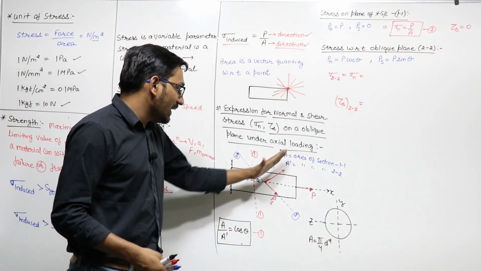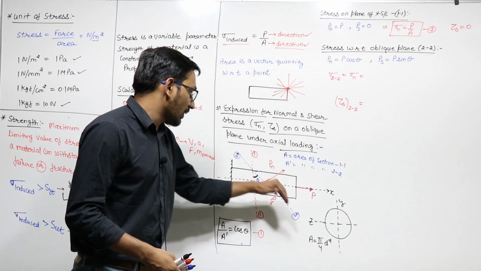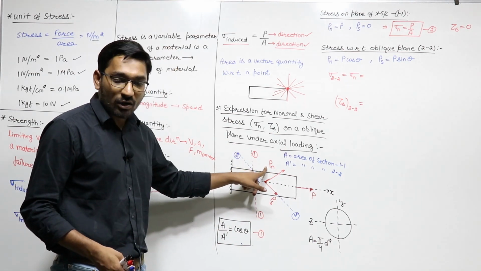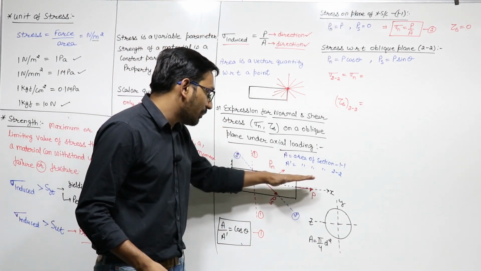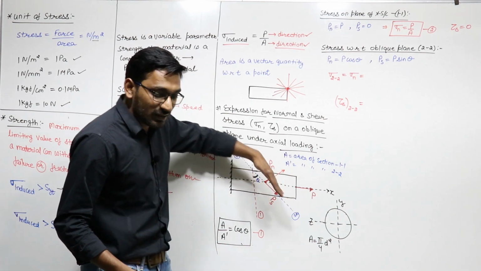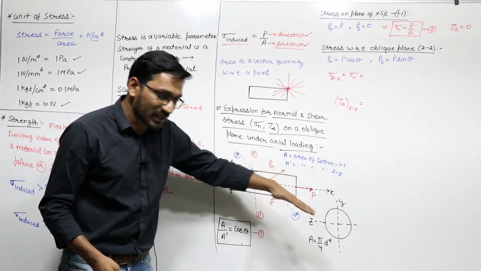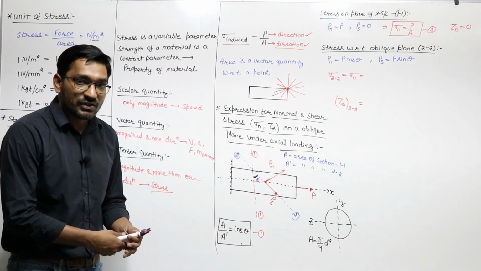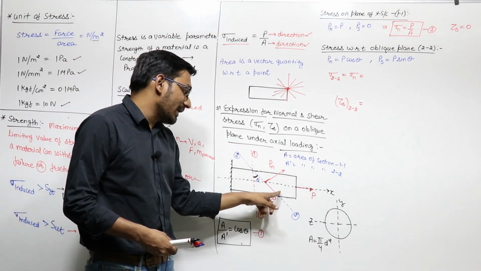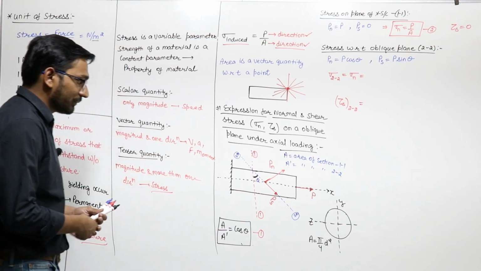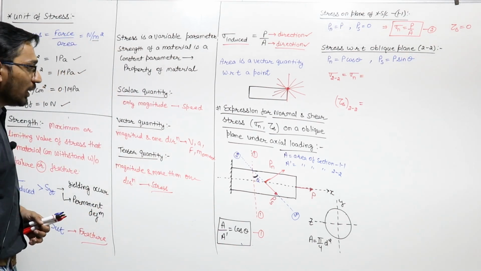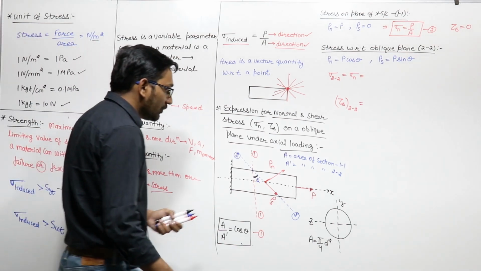This Pn is a load perpendicular to this cross section, so it will act as a normal load, and this component of P in this direction is parallel to the cross section. This is parallel to the cross section and it will act as a shear load. So that's why I am writing S and N here, right? So if you define